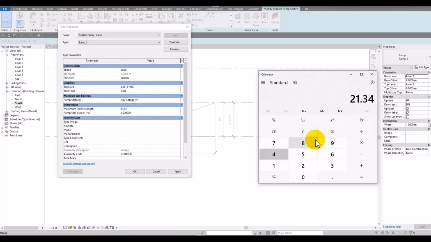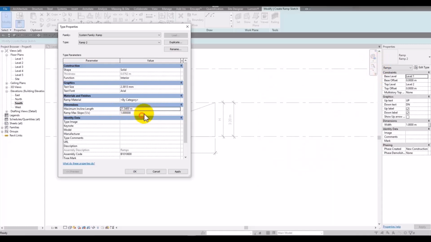21.34 divided by 3.20. Okay, 6.66. We can round it to 6.67. Here, 6.67. Okay, so right now when we want to have a 15% ramp from level 0 till 3.20,